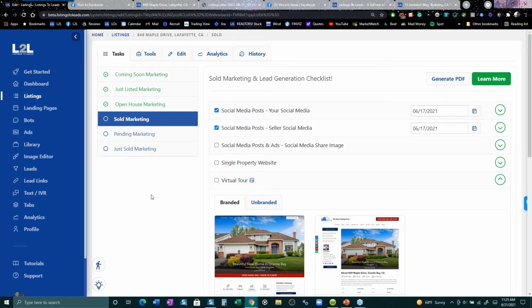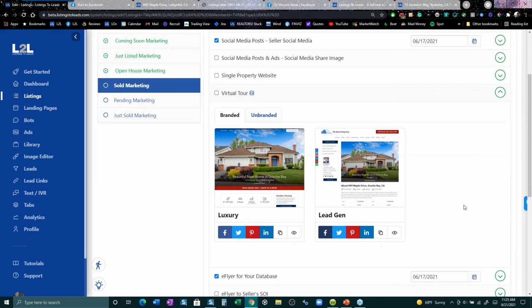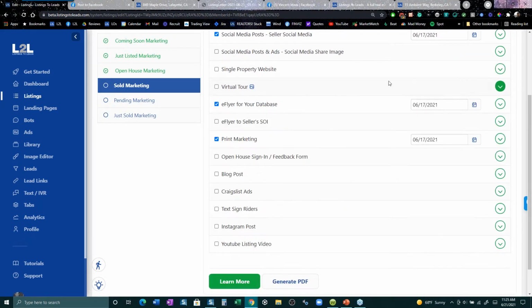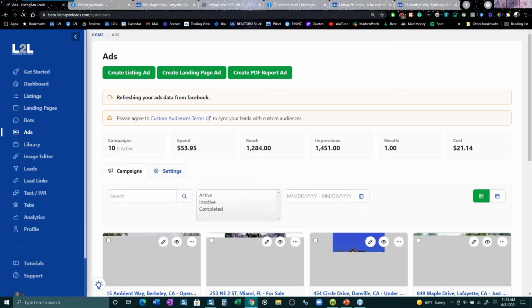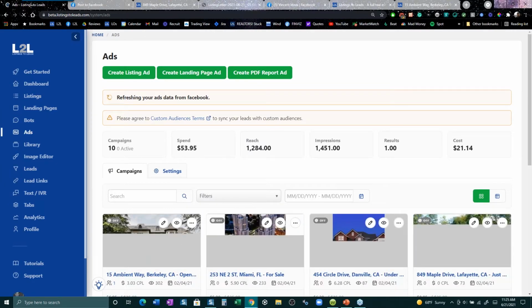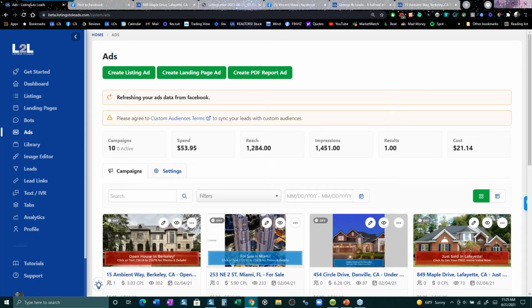Okay. So from here, I'm going to jump into that. That's how you market a listing. And that's why these tools can help you get more listings. They're obviously going to help you get buyers, but they're also going to help you get more listings. So definitely use those. Now I'm going to go into the ad section. And in the ad section, there's some really powerful stuff. You should watch my Facebook ads class so you'll know how all this works. So I'm not going to go into the details of exactly how everything works, but I do want to get